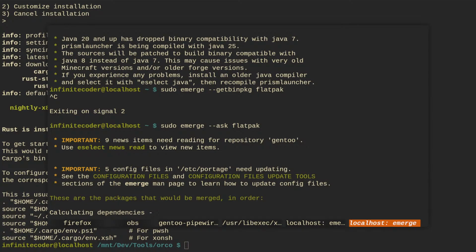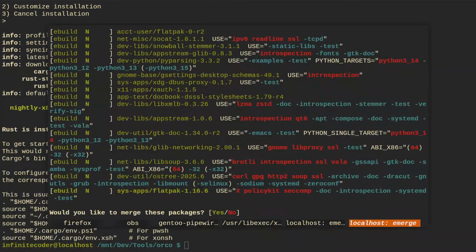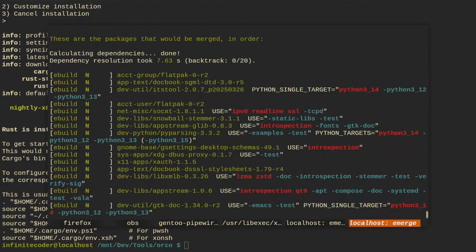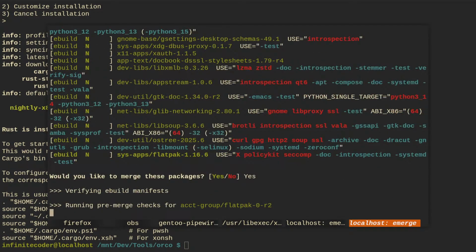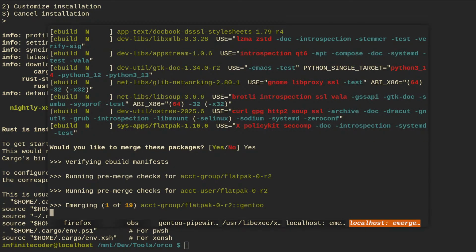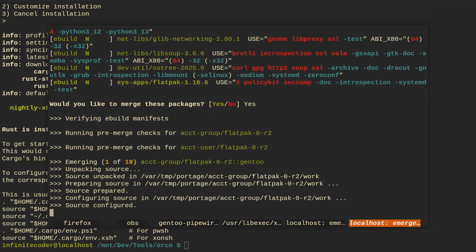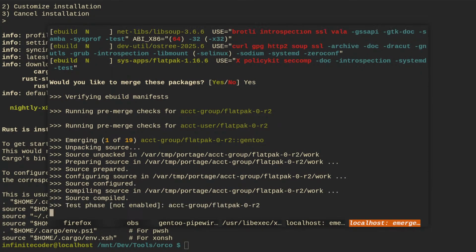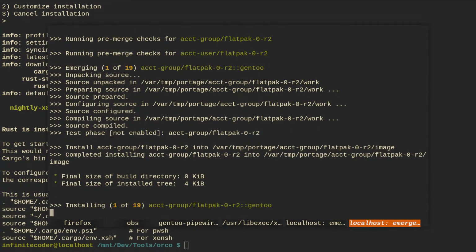Because I just wanna see how it runs. That's all. Holy cow, that's a lot of dependencies. Should be pretty quick though. Size of build directory 0.